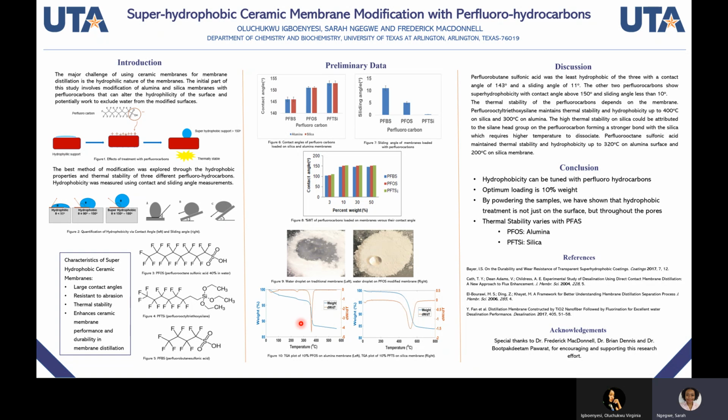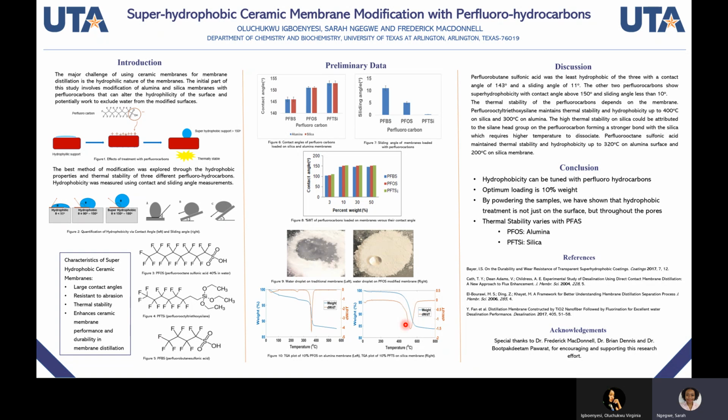The thermal stability of the membrane was studied using thermogravimetric analysis. So figure 10 here is a TGA plot of perfluorooctane sulfonic acid modified alumina membrane. As you can see, it maintains its thermal stability up to 300, and after that, it loses its thermal stability and hydrophobicity drastically. So about 10% weight loss here indicates the temperature at which the perfluorocarbon is burnt off the